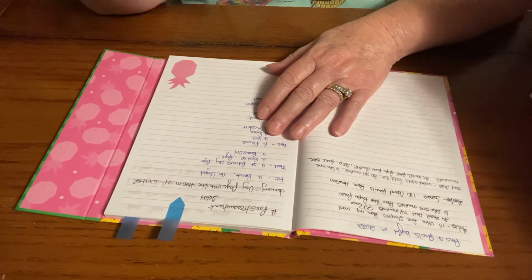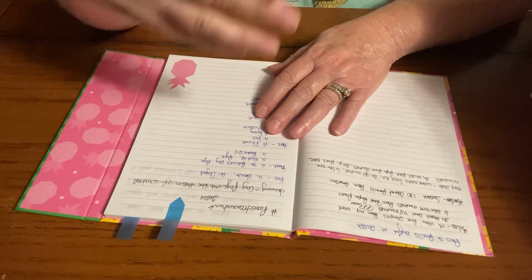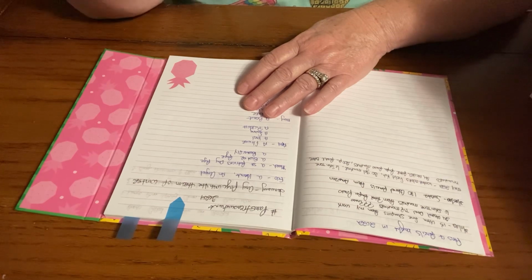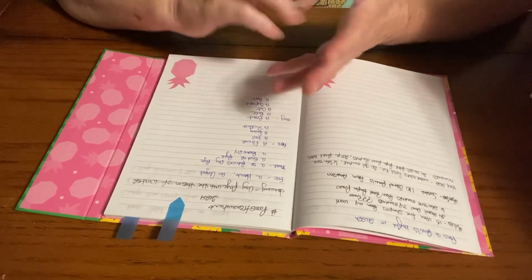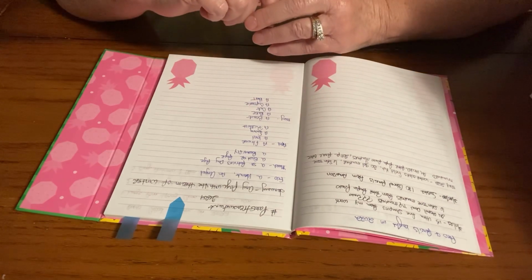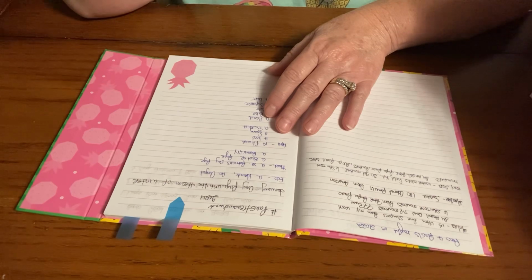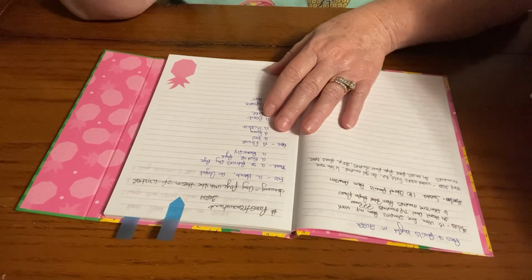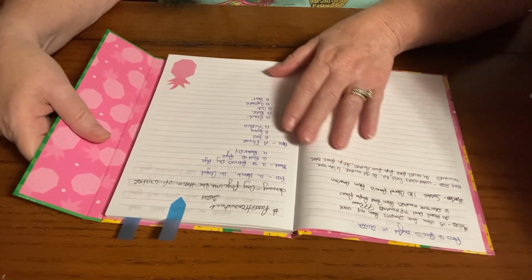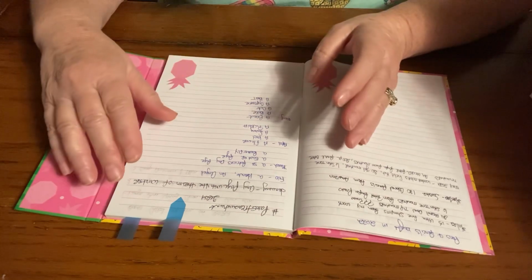Color using any kind of media you want, and you can color out of color books. You can color from PDF files. You can color from stamps. If you're a good drawer, you can draw it and color it, whatever you like. If you find more than 1 prompt on 1 page, you can do that. So for instance, if it was a bird, flower, and a tree, and you found all of those in 1 page, you could do 1 page for those 3 prompts, okay? And just hashtag it, all lowercase, Patty's Treasure Hunt, and that way I can go over and check out what you found. So get your pen, pencil, and paper ready,